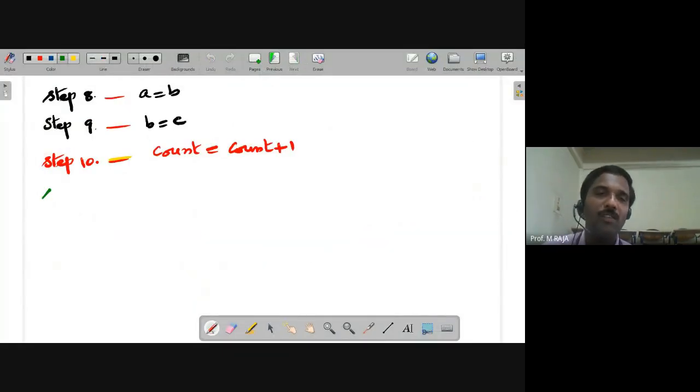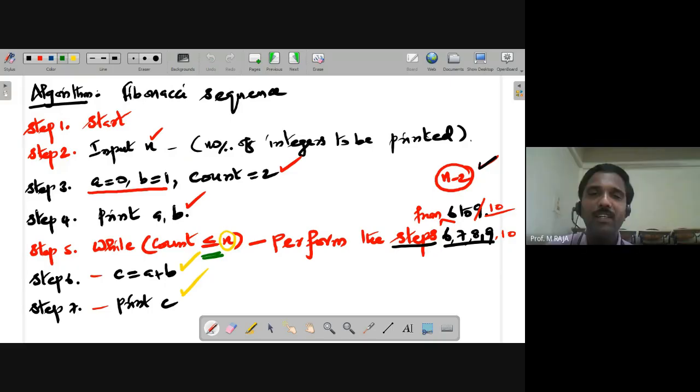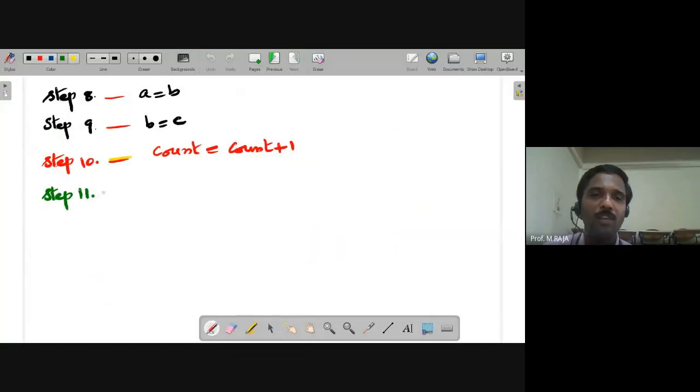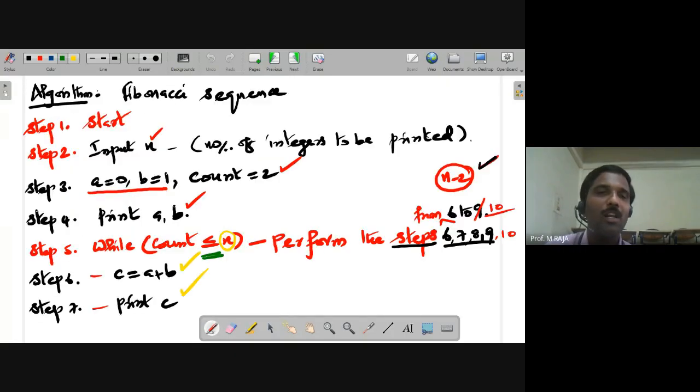Then what is step number 11? Can we predict what is step number 11? Stop, then end, sir. 6, 7, 8, 9. Very, very good. Because 6, 7, 8, 9, 10 are the part of while. Step 11 is stop. Step 12, end. This is the procedure or algorithm to find out n Fibonacci numbers, or to print n integers in that sequence. Let us check, right, by taking a small n,